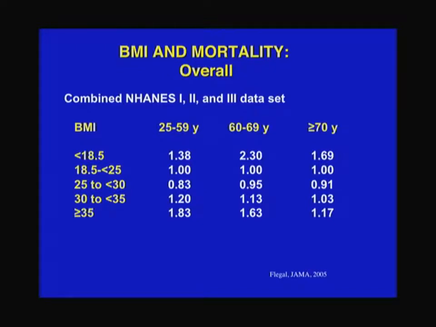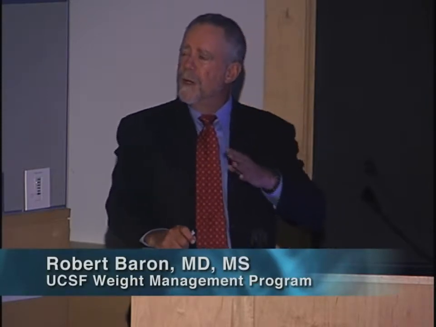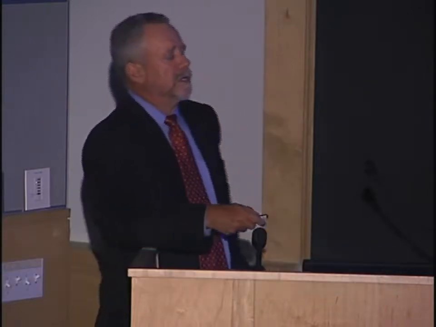Then what we also see is if your body mass index is over 35, you have an increased risk of early death, about 2-fold. But note that it's not 4-fold. And when we talked about bad high blood pressure and bad cholesterol, that number was closer to 4-fold. And this is the number that has decreased with time. If we look back in the 70s, this number might have been 3 or 4. But it's gotten a little bit lower over time, and we don't really fully understand that, although we think it's related to our effective treatment of the obesity-related, what we call comorbidities, or other obesity-related illnesses, such as high blood pressure, cholesterol, and so on.